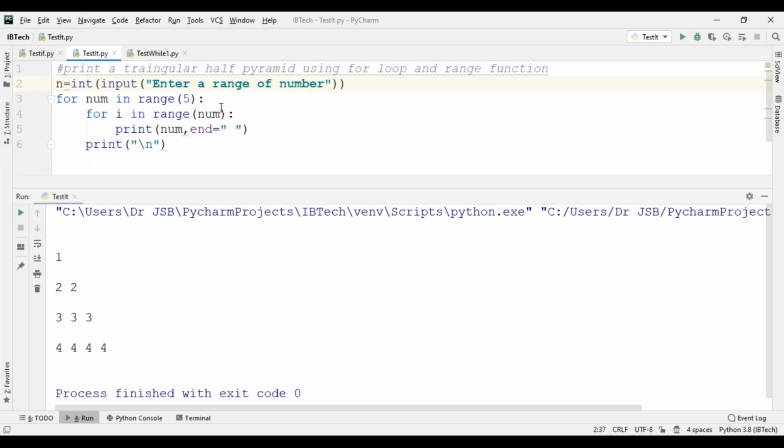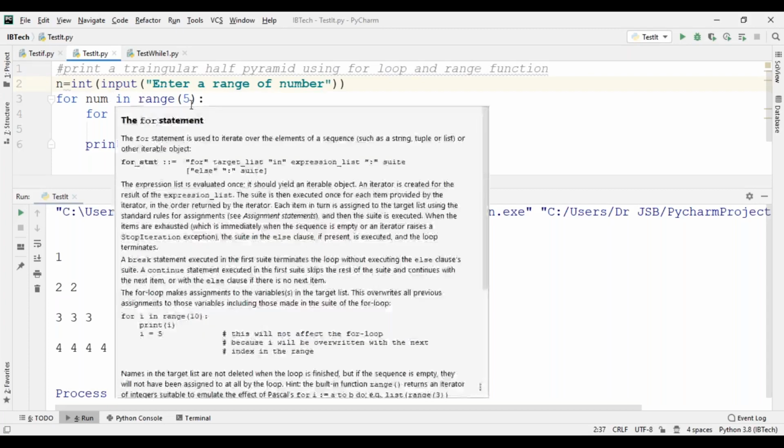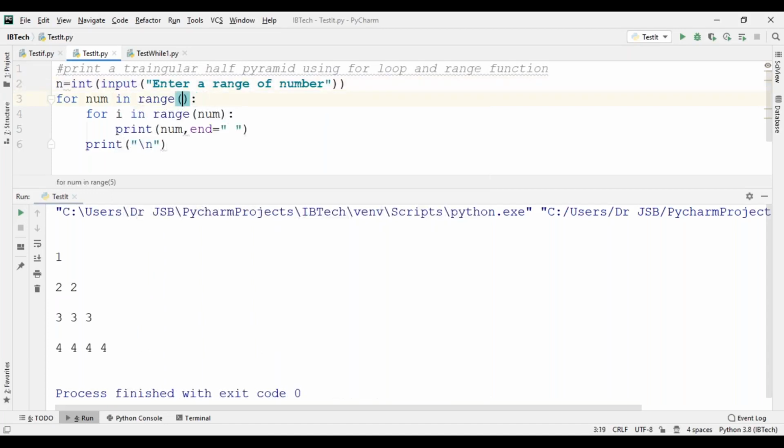See now. For example, for row in range from 1 comma n, so n means the given number. If you take from the input n comma n, for example, this is row wise, column wise.